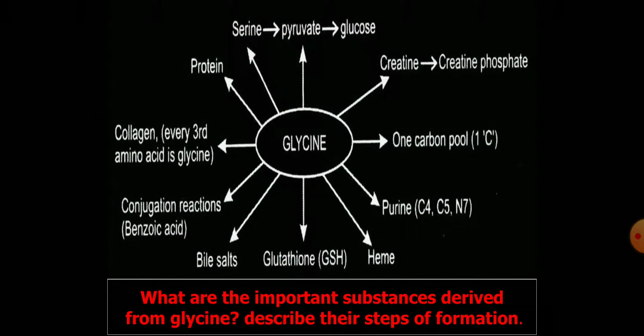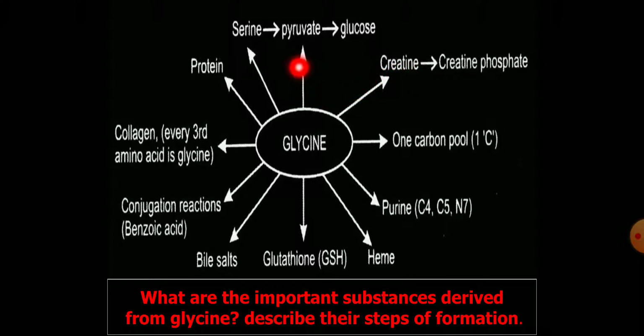Now we will see what are the important or the specialized products formed from glycine individually. So we already studied that it is used for the synthesis of protein, collagen, then conjugation reaction with benzoic acid to form hippuric acid, formation of bile salts, glutathione, heme synthesis, purine, that is then one carbon metabolism, and also for the creatine,